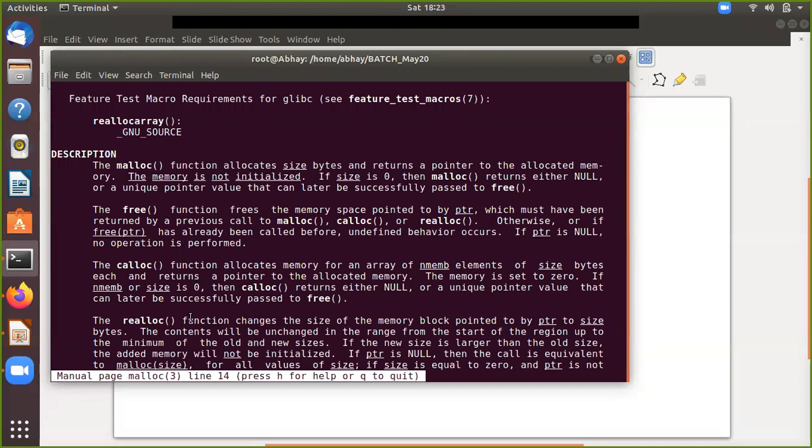Realloc. Why do we need realloc? Any idea? Anyone? And when are we going to use realloc? To resize the memory allocated. Yes. So when you're going to resize the memory,